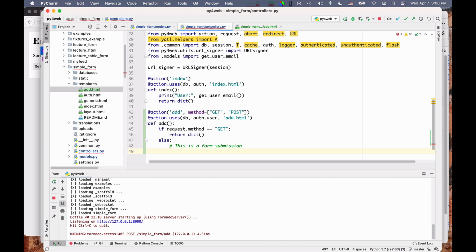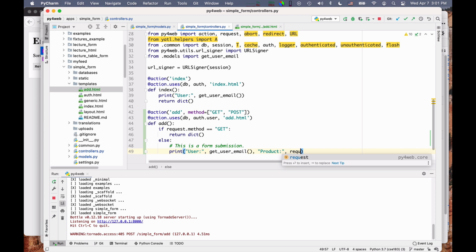The first thing I want to do is print out who the user is and what is the form content. So I print user, and I say get user email using that convenience function. And then I say product.